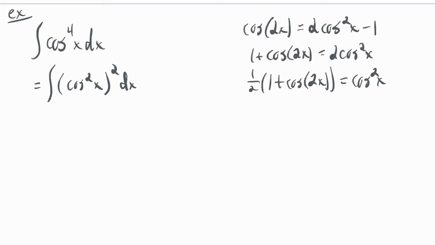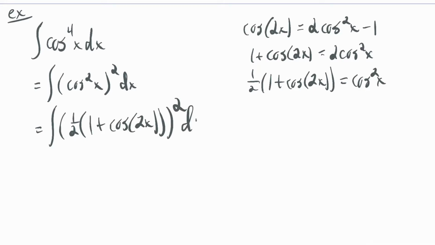Now I can replace the part in the parentheses with 1/2 times 1 plus cosine 2x. So this equals 1/2 times 1 plus cosine of 2x